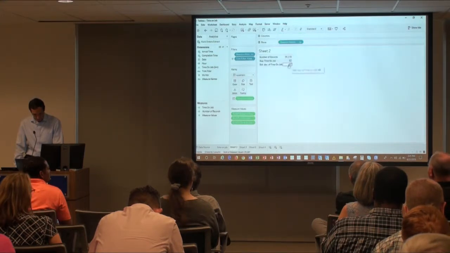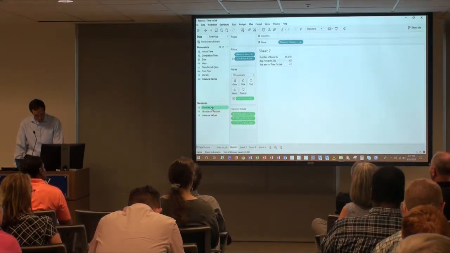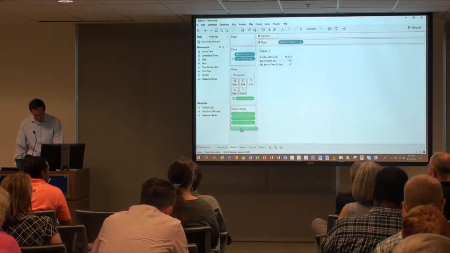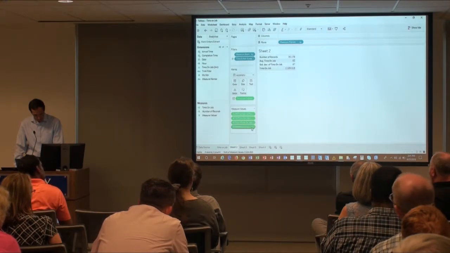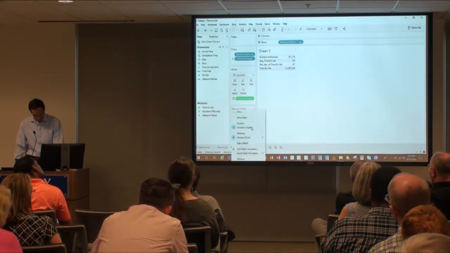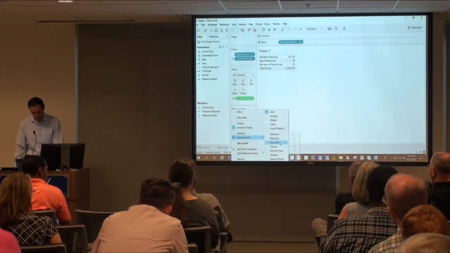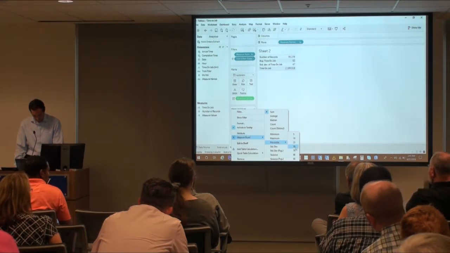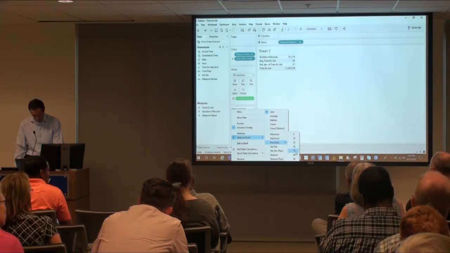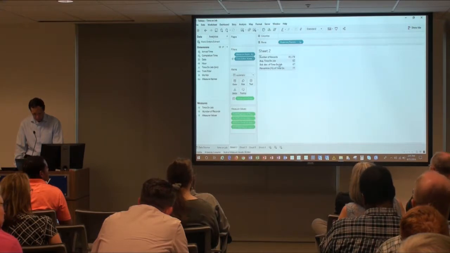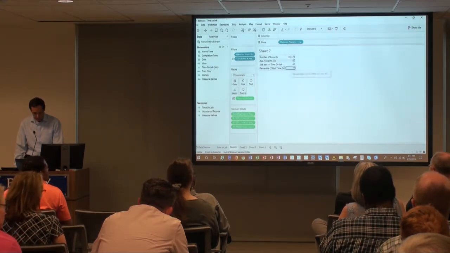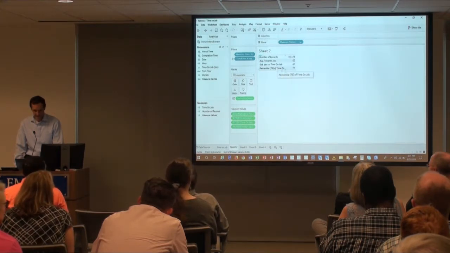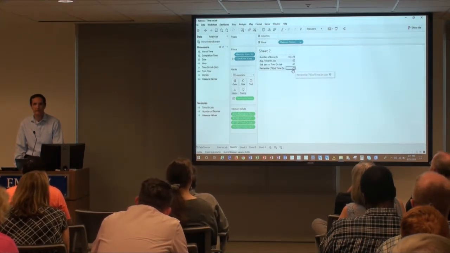We can also add that percentile to our summary, and there are a couple of different ways. One thing I'll show is that if we drag the time on job measure onto the values here, there is under measures a percentile measure, which is very handy. If we want the 50th percentile, 75th percentile, all these are here. So I could do 75, for example. 75% of all the jobs are done in under 77 minutes.